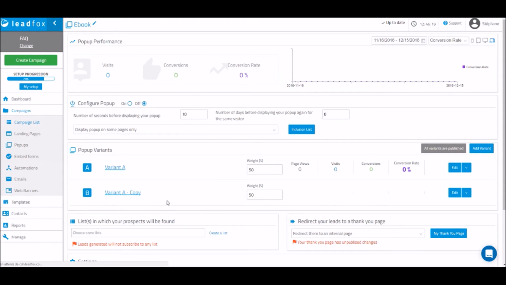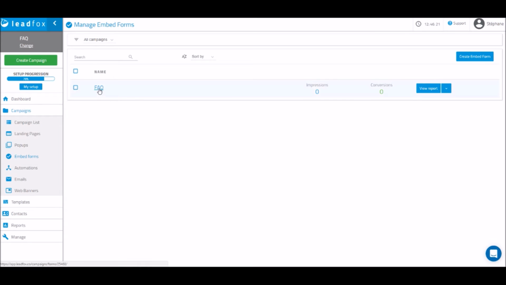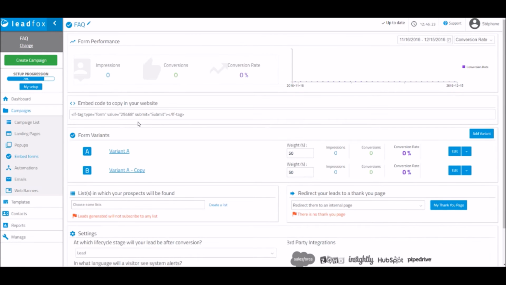For the embedded forms, those are forms that are meant to replace the ones that you currently use within your website. So they can gather all the data and send it over to LeadFox. All you'll need to do is have either the plugin or the JavaScript code directly into your pages, and then embed this small code where you want the form to appear. All the design options for your form will be assumed by either your HTML code or your CSS code from